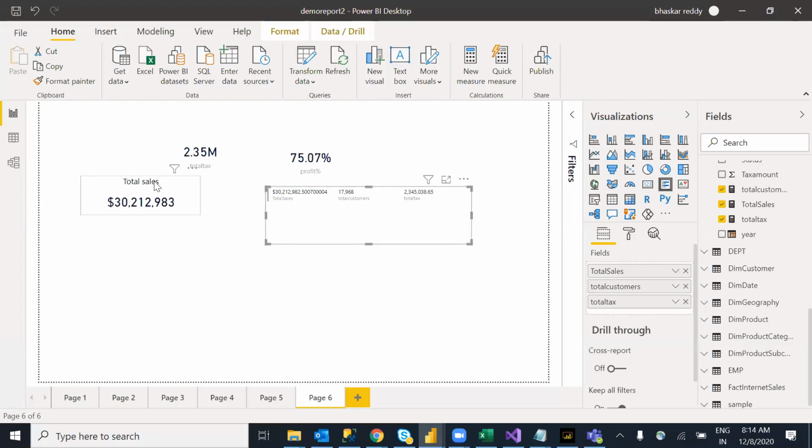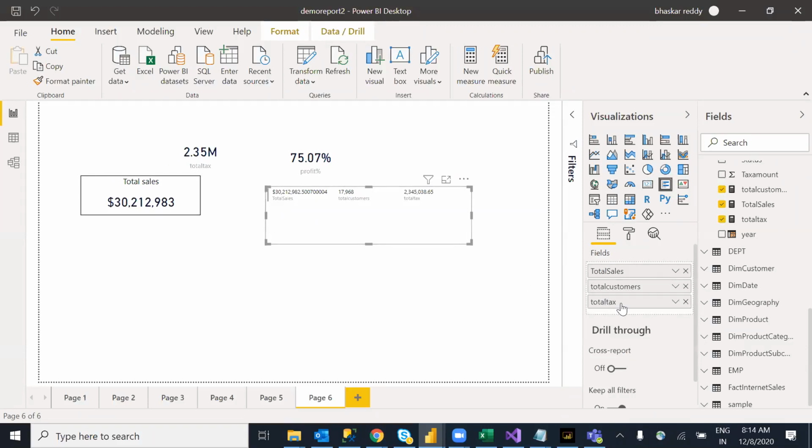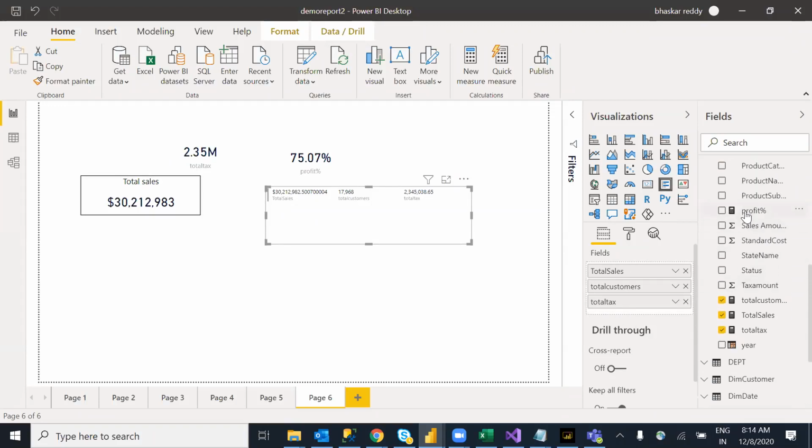Here, in the single card, only a single value is allowed. If a visual allows more than one value, it will show some empty space, which means it won't allow more than one value now. Here we can still see empty space, which means you can use more than one value over here. Any number of values we can display. I add one more thing, and again empty space is coming, which means any number can be used. This is the multi-row card.